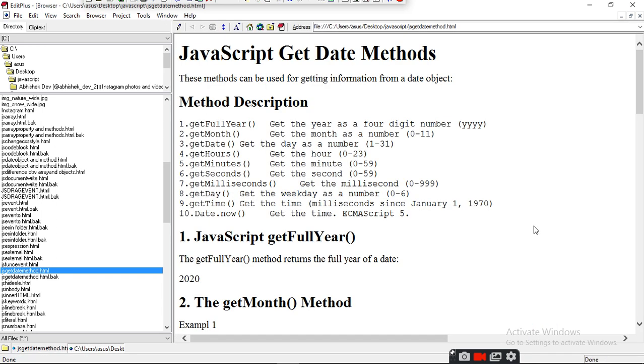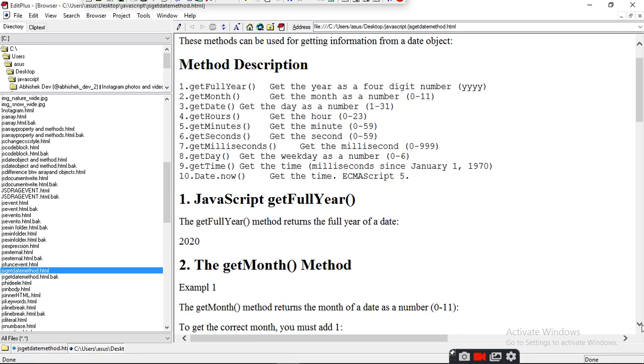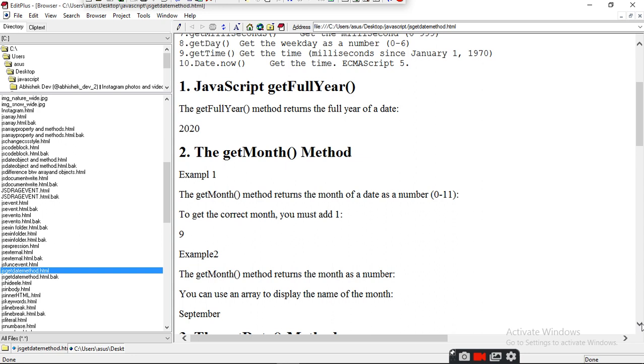Run it. There are two ways we can get the month, in number form or in word form. Today's current month is September, so it is giving 9.